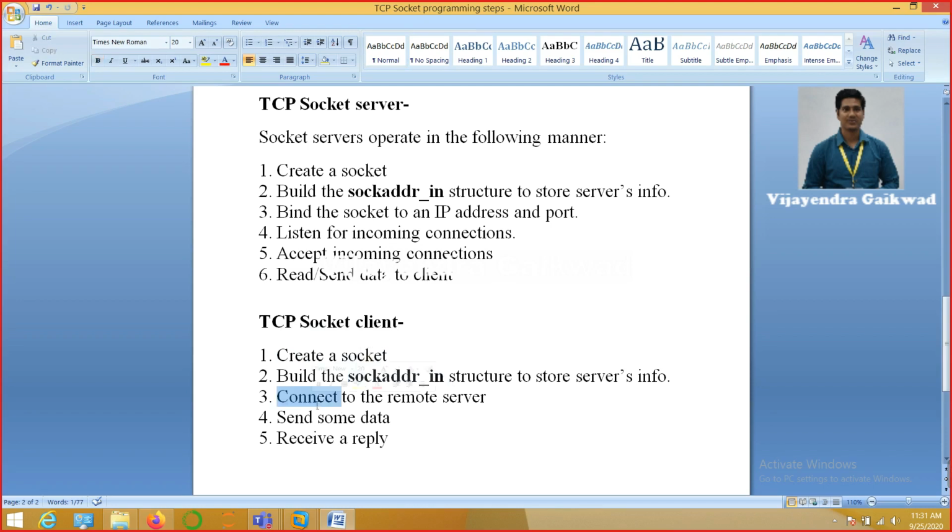Then we use a connect system call in order to send a connection request to the server. As soon as we send a connection request, if the server is listening, then it will accept that connection, and further sending and receiving from client to server and server to client will take place. Understood? So these were 4 to 5 steps of the client socket that we need to do.